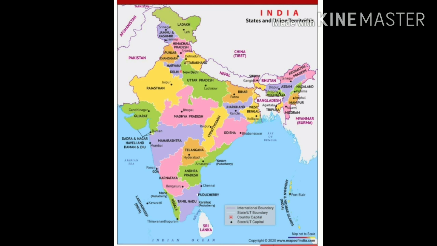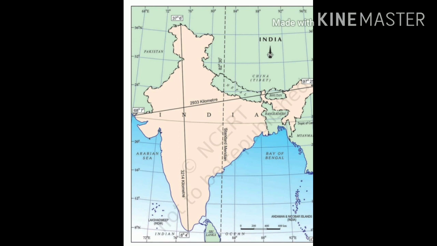Okay, listen, almost from 22-degree north latitude, remember from here, the mainland of India begins to taper, begins to reduce, and extends into the Indian Ocean. Okay, and then this mainland divides the Indian Ocean into two parts, that is Arabian Sea on the west and Bay of Bengal on the east. Okay, then let's come to another point.